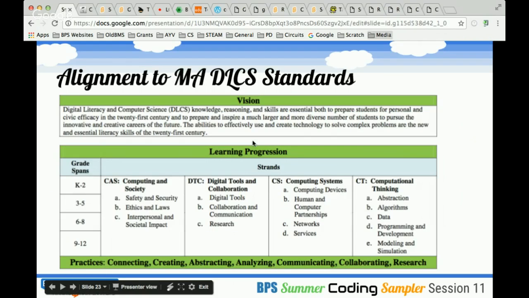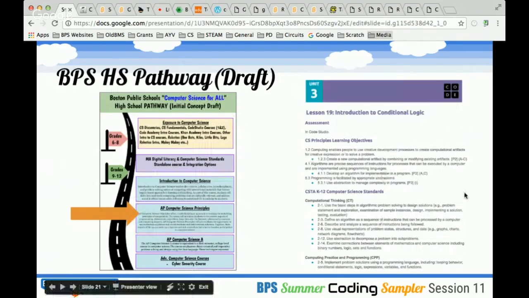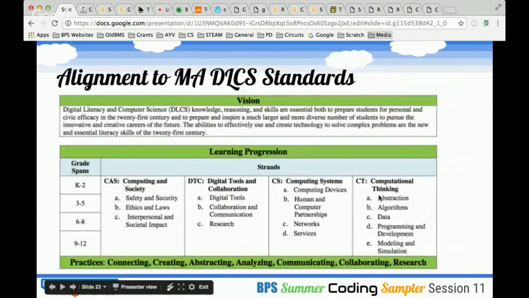Very similar to those strands, we have the MADLCS standards, which are the digital literacy and computer science standards. And you have computing in society, collaboration, digital tools, computing systems, and computational thinking. So as we go through a lot of this curriculum, which is aligned to CSTA standards, you can see that it's automatically aligned to MADLCS standards as well, which is a really great